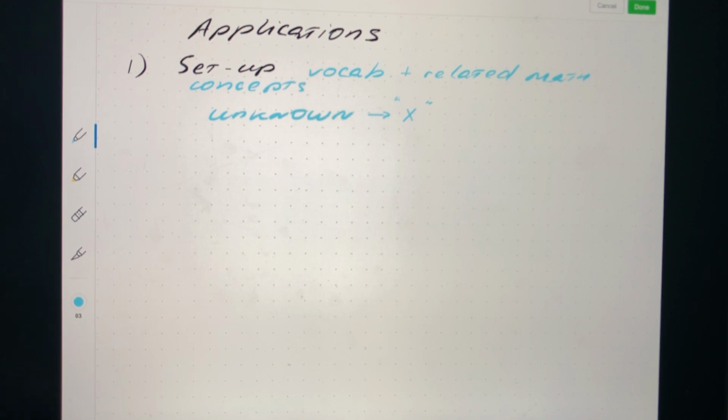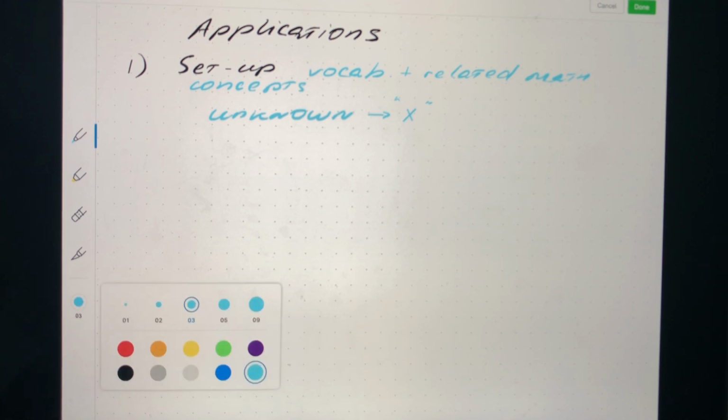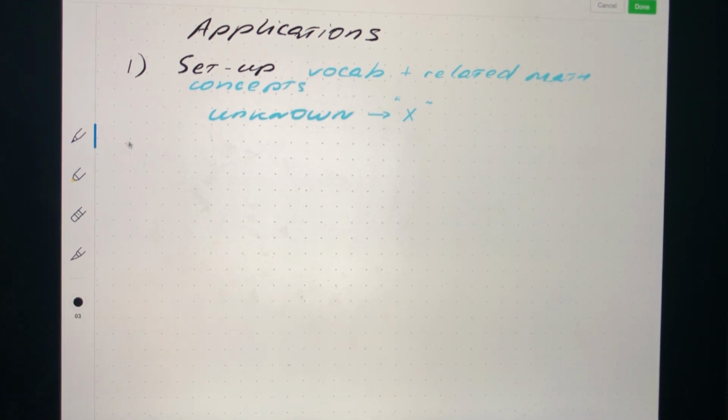So it could be that L is better unknown for the length, or H is better unknown for the height, or something else. So we choose the letter that will remind us of what it is that we're actually looking for. And then the second step is we solve